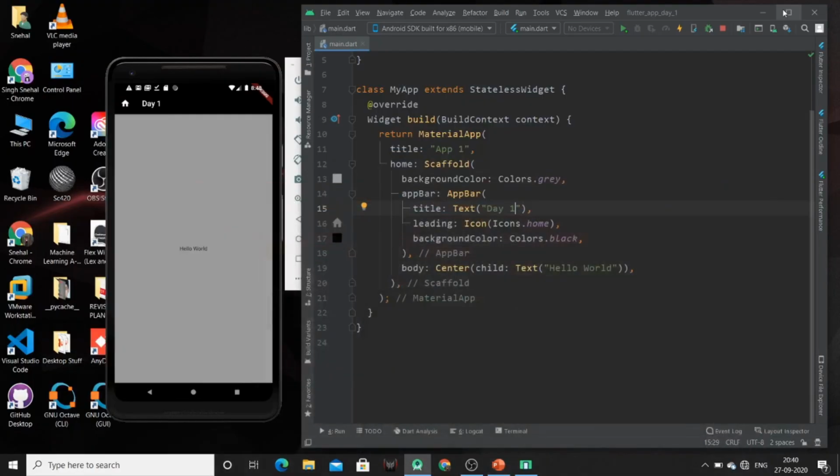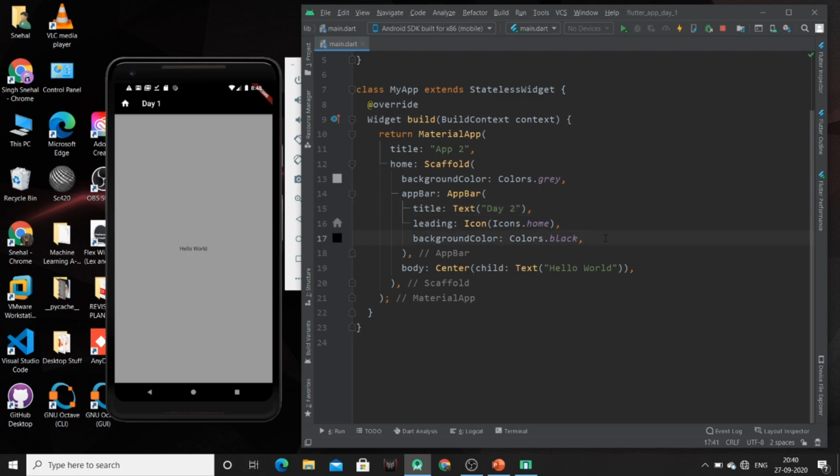So this was the first step which we have created. Now we are just going to change and use a new widget, that is the container widget. Before using the container widget, let us change the title of our app as app 2 and the title of our page as day 2.